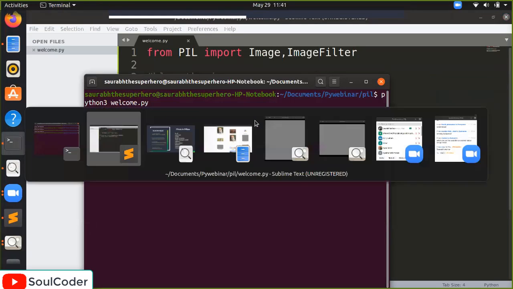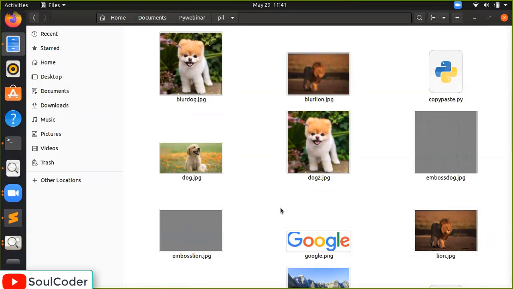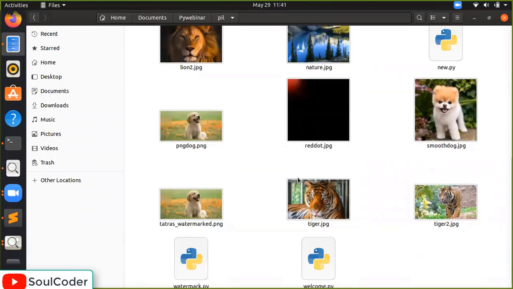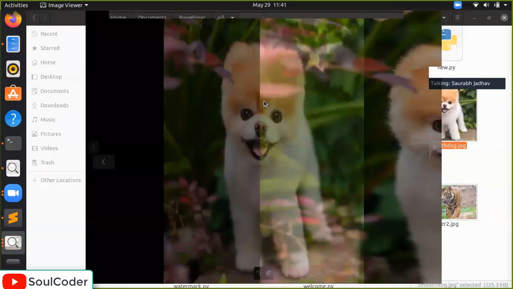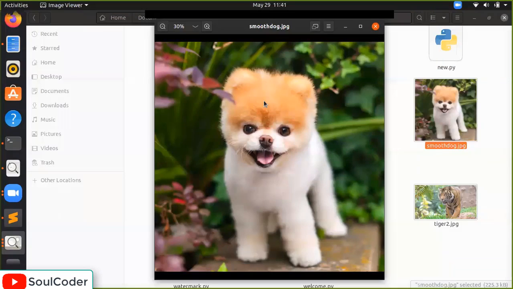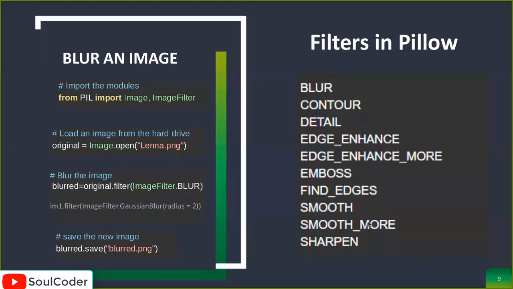Is there an error? No error. Yeah, good one. Where is dog, man? Okay, smooth dog. Yeah, there is a little smoothness here. Maybe you are noticing it or not, I don't know. But let's try smooth more here, just like here.